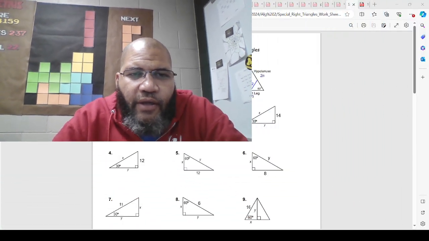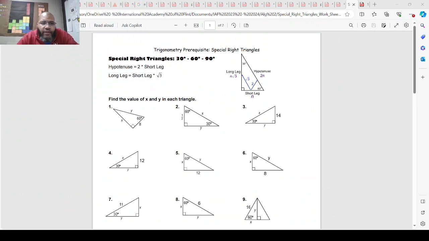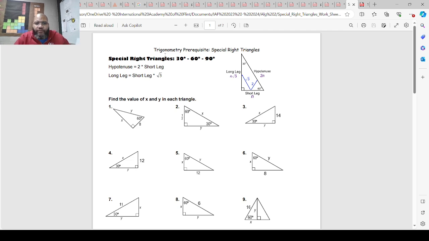But I do have some nice gifts for you. I left 2.5-ish worksheets, so we're going to go over those worksheets. So let's start with this one. Trigonometry prerequisites, special right triangles. So if we look at the first part,